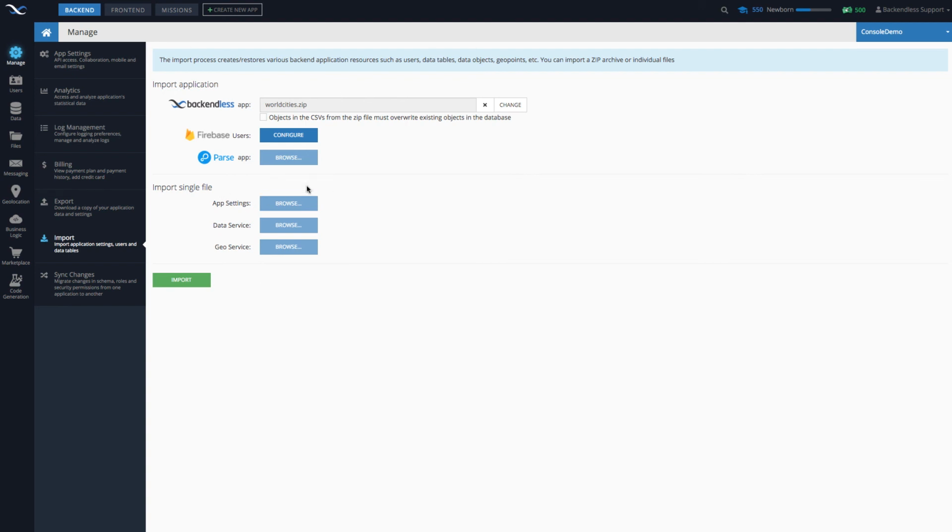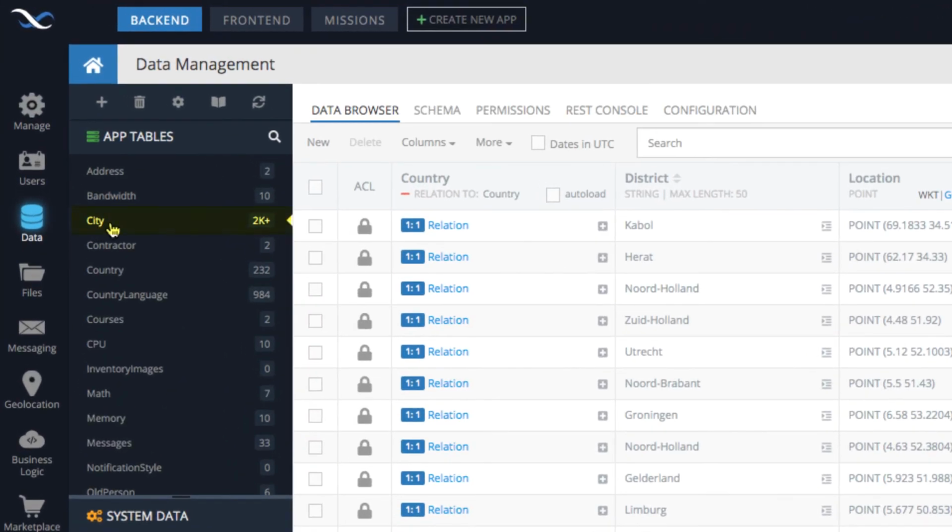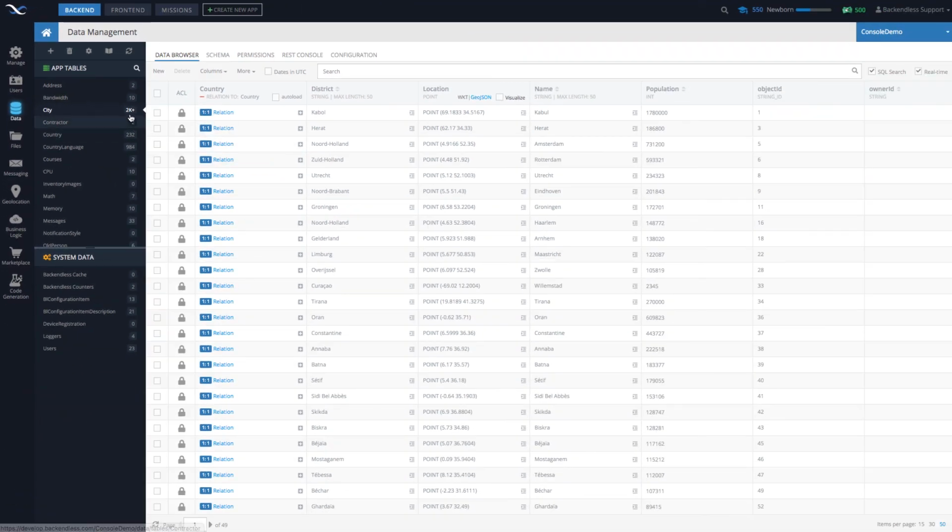Once the data is there, you can actually see it in the database by clicking the data icon right here. The data tables you will see are city, country, and country language. I have some other data tables that you could just ignore. They're not related to this video at all. Just some other data tables that I have from other things. But anyway, the most important one is going to be the city table for this specific lecture. These are just some major cities in the world. There's roughly 2,000 of them, specifically 2,408 cities. So once you have it in there, that's perfect. That's what we will need.